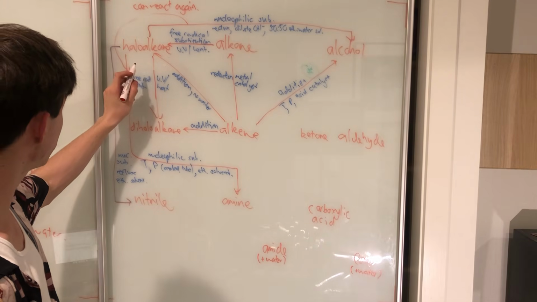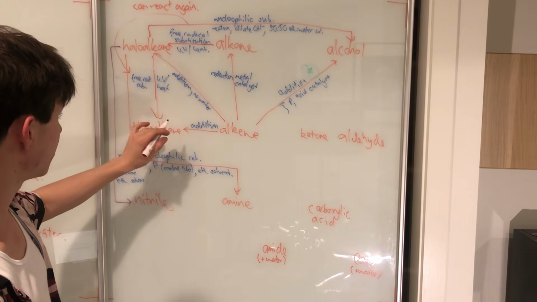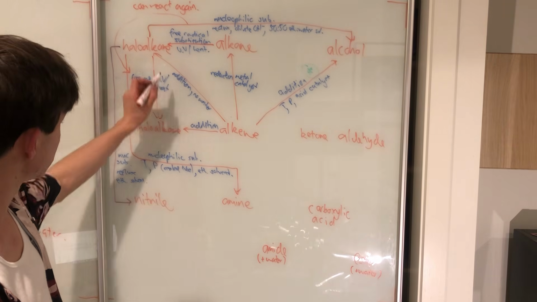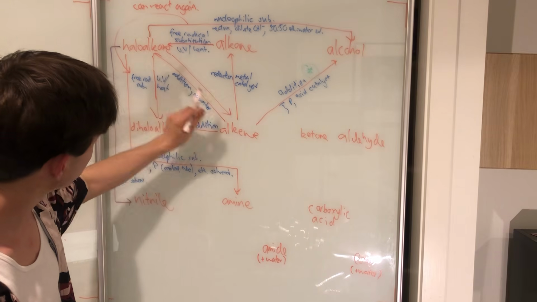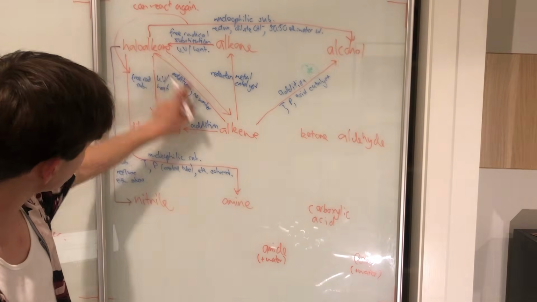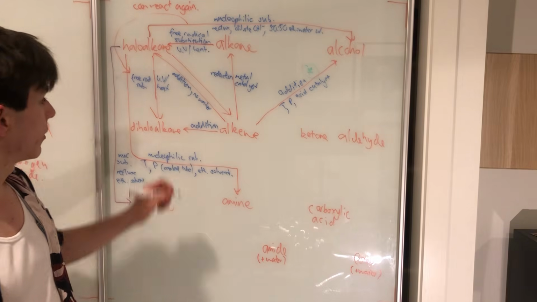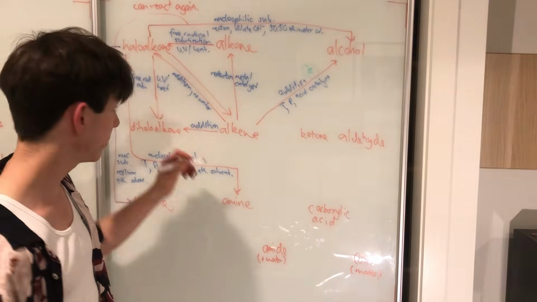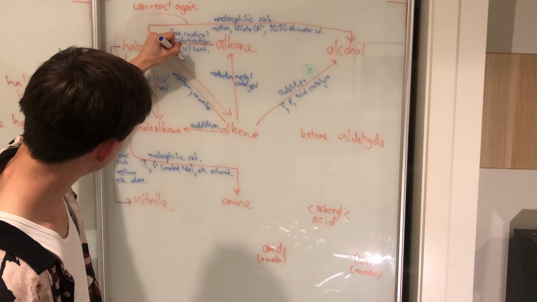We've got haloalkane forming an alkene. So we're going to draw another arrow back. Haloalkane, back to alkene. Got it? See, it can go in both directions. So addition in this direction, elimination in that direction, forming a double bond, removing two atoms from adjacent carbon atoms to form a double bond, alkene. So that's elimination,